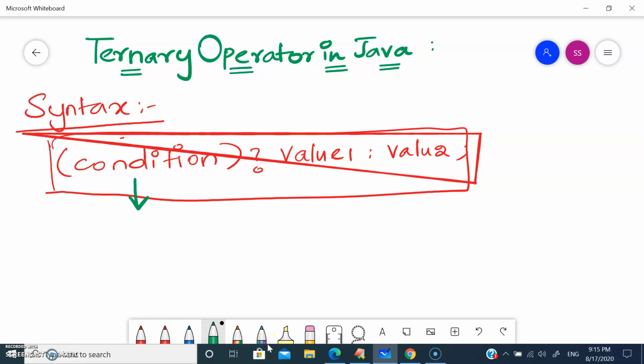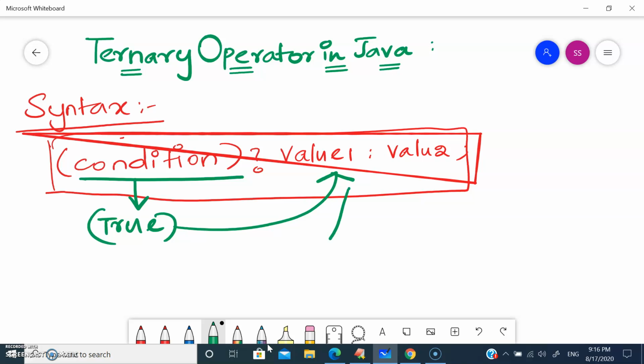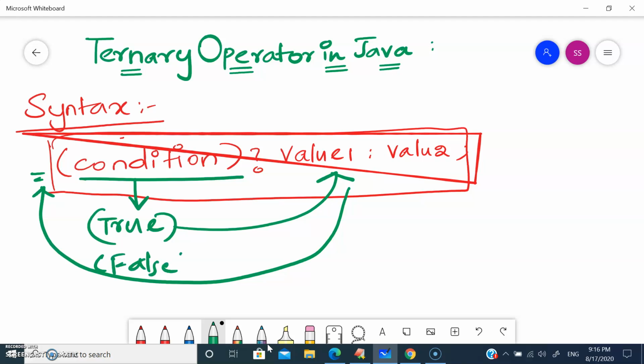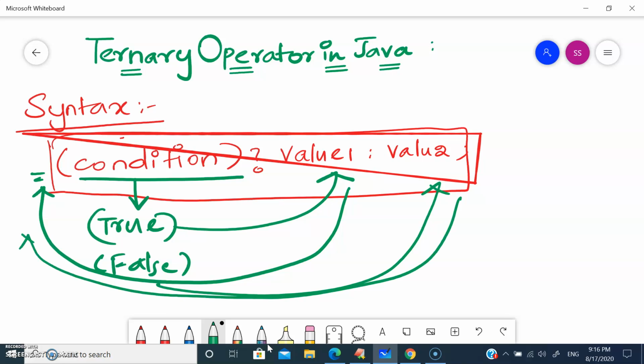Whatever condition you give here, if that condition is true, it goes for value 1 and returns that value. If the condition is false, then it goes for value 2 and returns that respective value. So let's see an example.